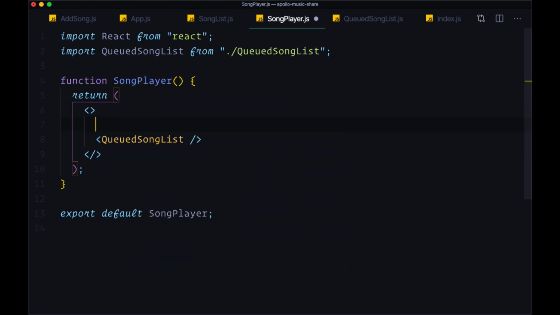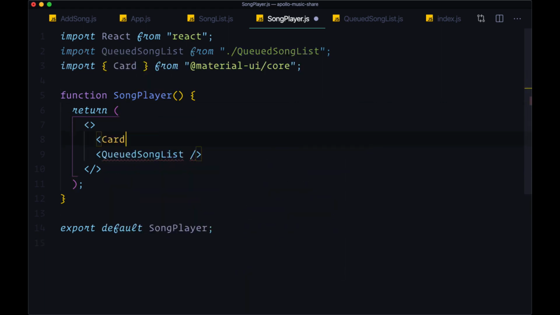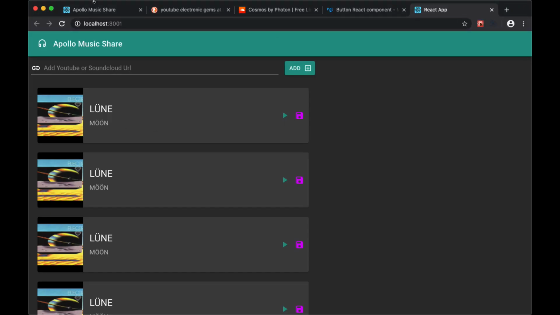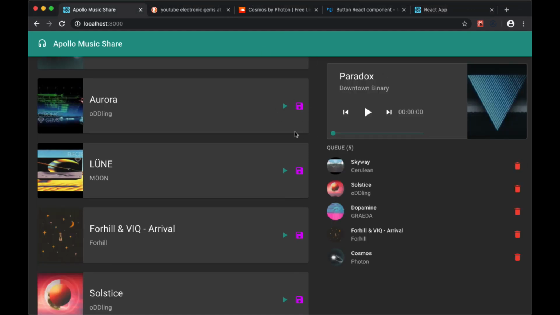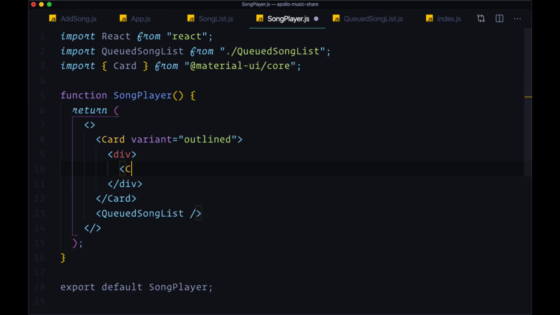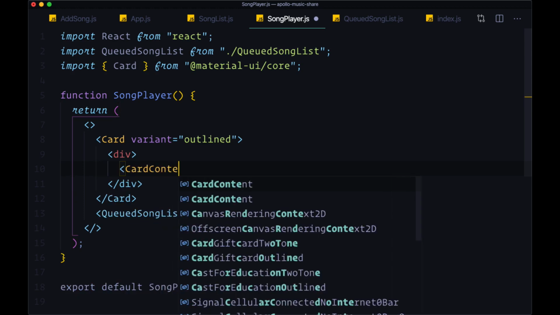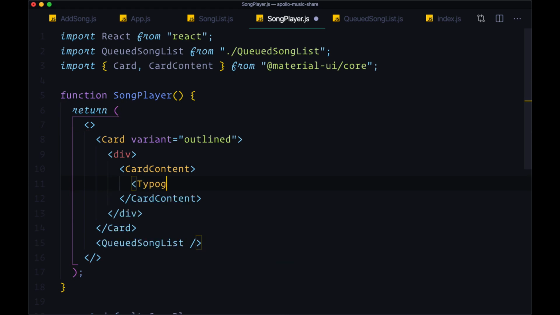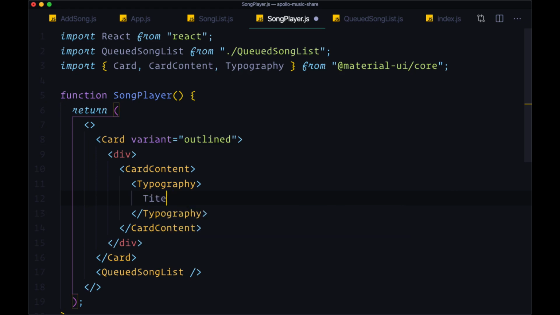Let's start with a card, and it's going to have a variant of outlined. You can see a small outline here as compared to the raised appearance of our other card. Within it will be a div, then that card content, and then our title. We'll just call this title for now,